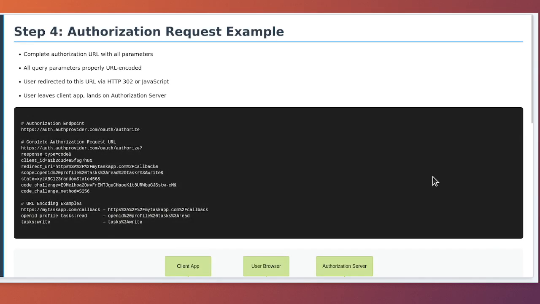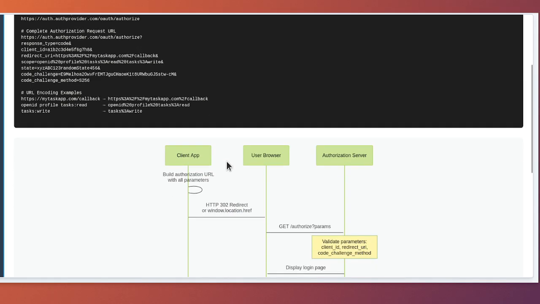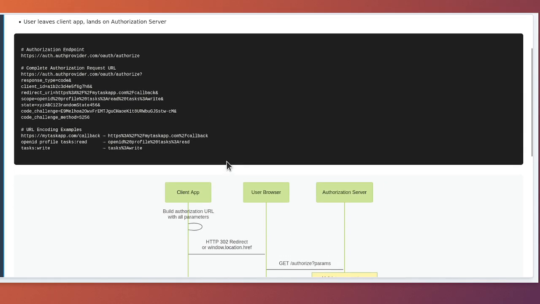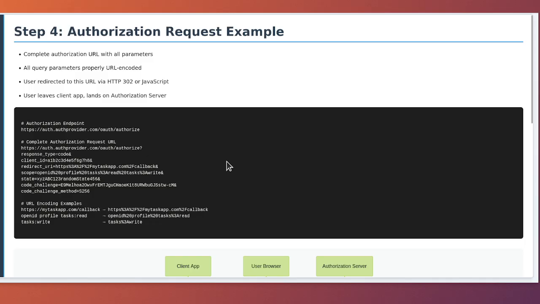Authorization request example. Now let us look at a complete, real-world example of an authorization request with actual parameter values. This will help solidify your understanding of how all these parameters come together in practice. We will use a fictional application called MyTaskApp that is integrating with a generic OAuth provider called Auth Provider. Let's say our client ID is beginning with A1, ending with H8, which we received when we registered MyTaskApp with Auth Provider. Our registered redirect URI is